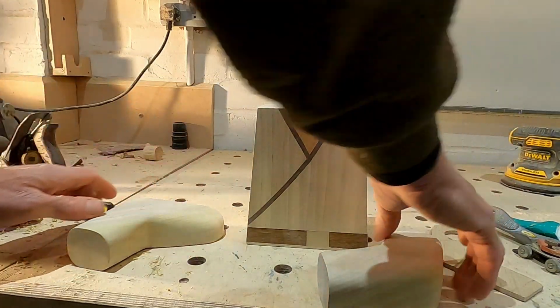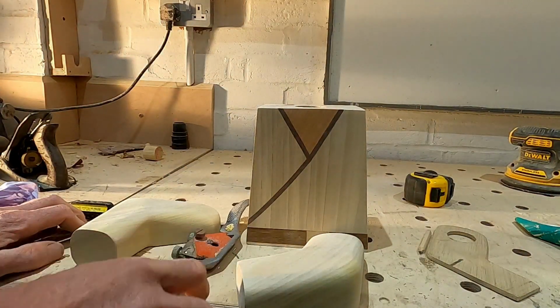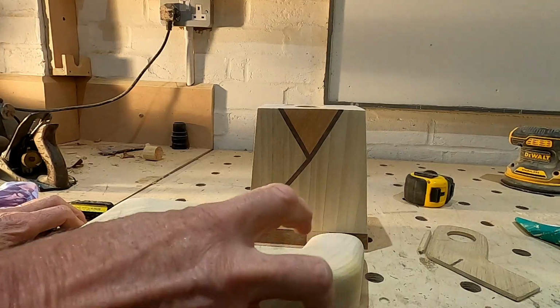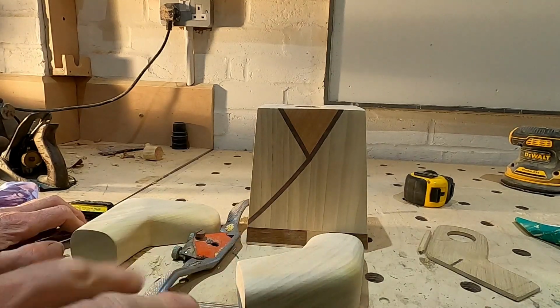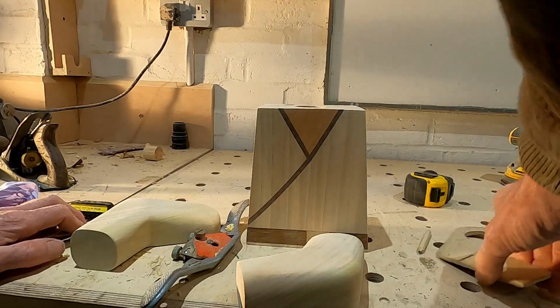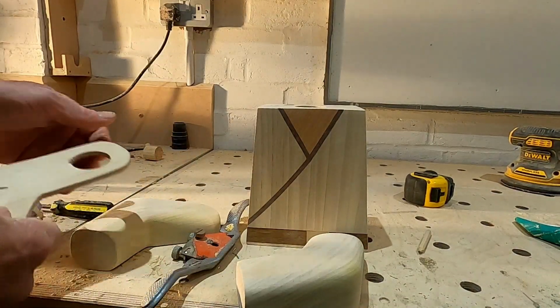I just did it with a spoke shave and just kept cutting, taking bits off, messing around until I was happy. I think it was easier to start big and just keep working them down until you get them to how they look right. Because if you just try and scale them off the Lego man, it doesn't really work completely. So I've got a template I use now, drilled a hole in it, so I'm going to use that